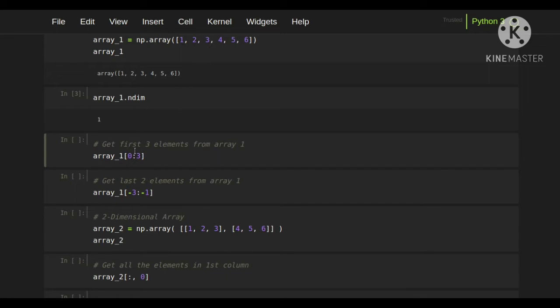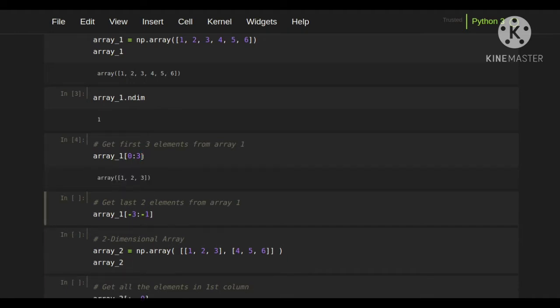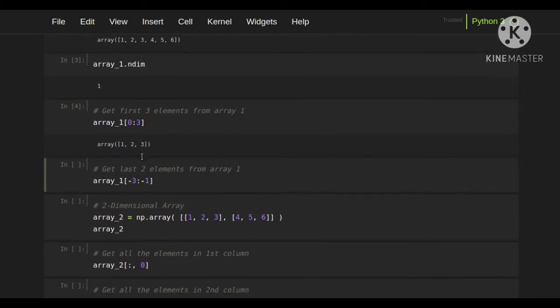So for accessing 0, 1 and 2 we need to give the range 0 to 3, because in array slicing the start index will be included but the stop index will be excluded. If we give 3 it will go through 2 only. This is how we do array slicing. So in order to retrieve the first three elements we need to give it like this. Here we have retrieved the first three elements of array 1.